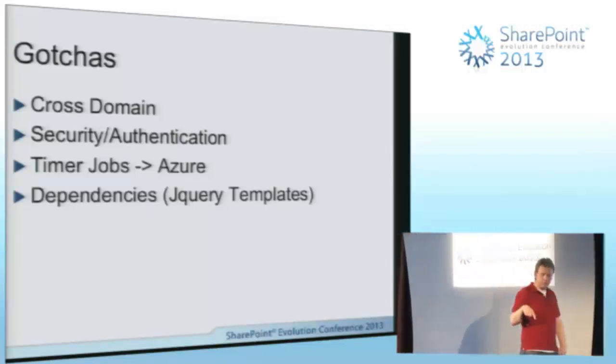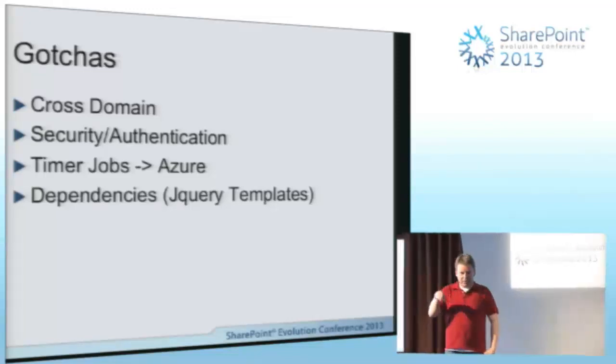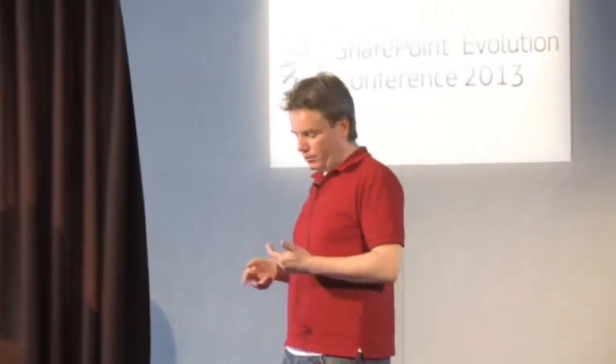Same if you do, for example, a SharePoint app. If you want to go to what's called the app web, so basically the SharePoint web in which your app lives, and you want to go and, say, query a list in the host web, that is actually a cross-domain call. Well, of course, Microsoft thought about it as well and actually gives you a method to execute a cross-domain call. But as soon as you go to a different domain,